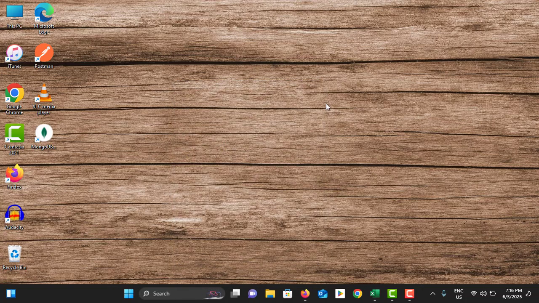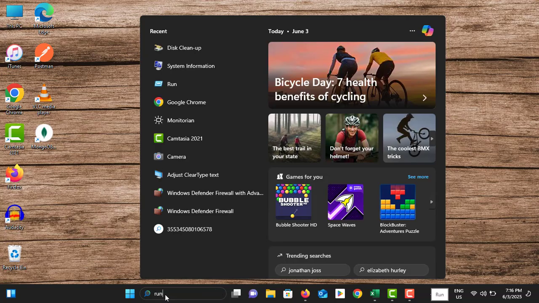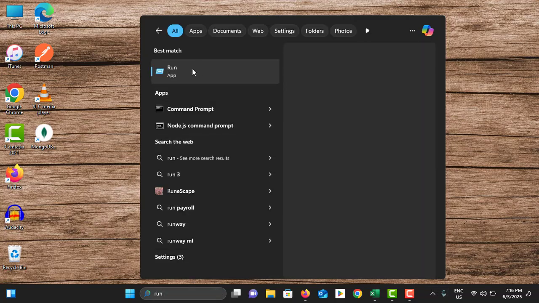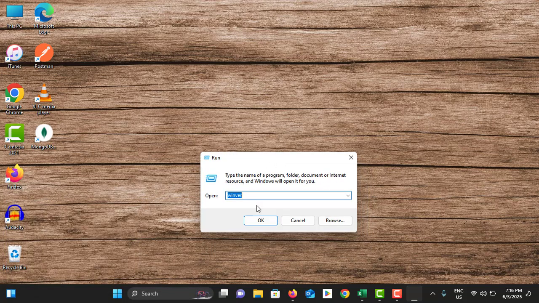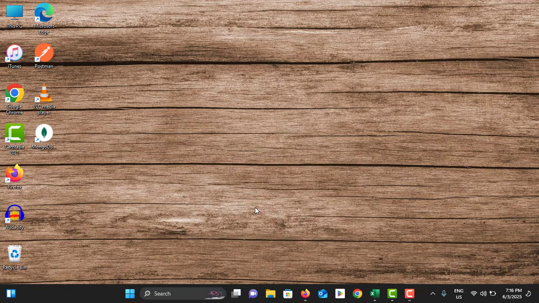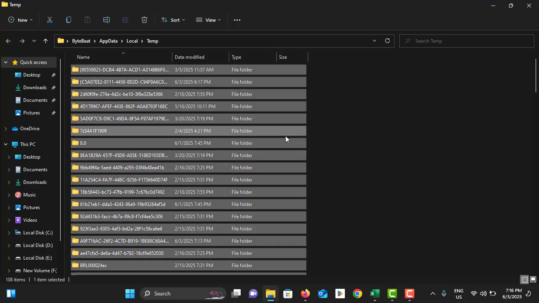And if you need to clean temporary files manually, just go to search bar, search for run, just tap on that application. In this application you need to type %temp%, hit enter. Then after you need to press Ctrl+A. It will select all the files, then right click